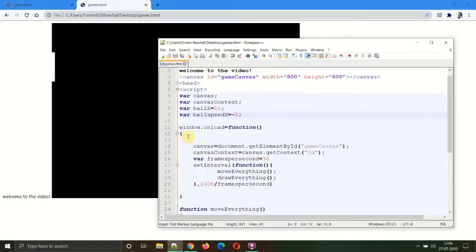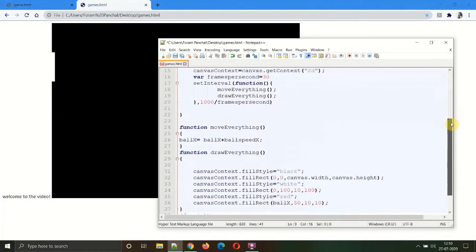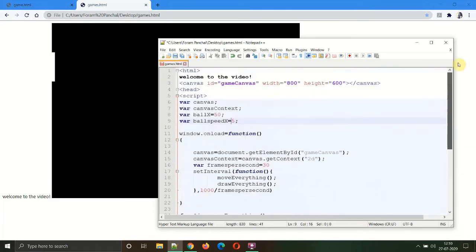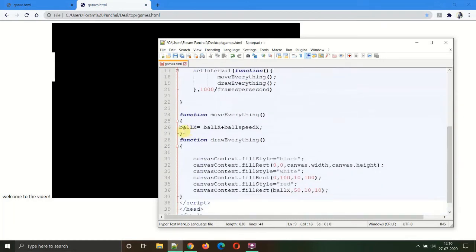Now the problem over here is the ball is moving off the screen. What condition do we need so that the ball bounces into the canvas? For that we will need to create a condition in which if the ball exceeds the width of the canvas, it should return into the canvas. Our canvas width is 800, which we have defined up over here, width equals 800. So let's put an if condition into the moveEverything function.